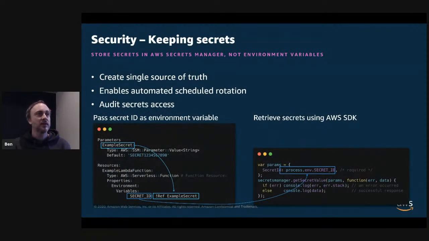So keeping secrets in Lambda is really important, of course. Really, the key takeaway from this talk, I would say, is to use the AWS services where possible. Shift the responsibility of management onto the services so you can reduce your code and reduce the complexity of your Lambda functions. And that's the same again for this slide.